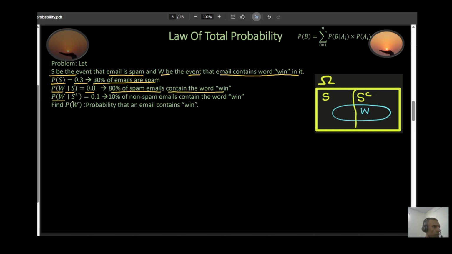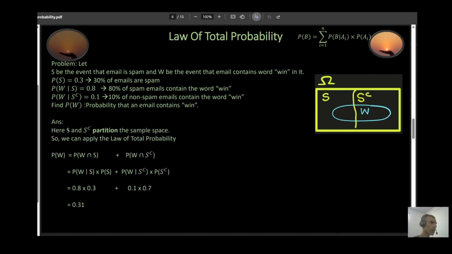The probability of W given S complement is equal to 0.1. In other words, 10% of your non-spam emails contain the word "when" in it. So find P(W), that is, the probability that an email contains the word "when" in it. Now here my S and S complement partition the sample space. So this is my S, and whatever is not part of my S is part of my S complement